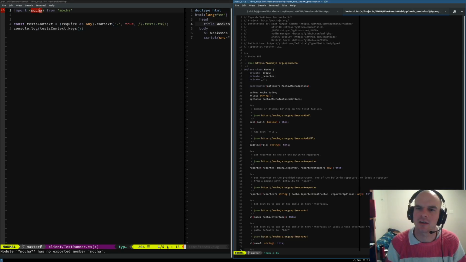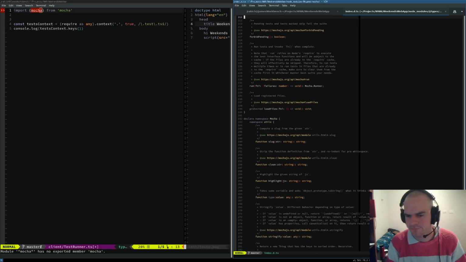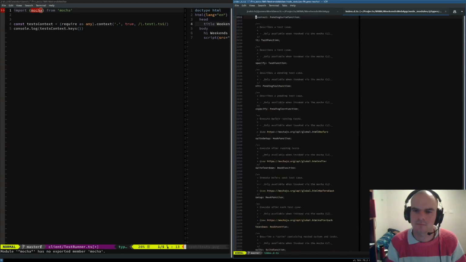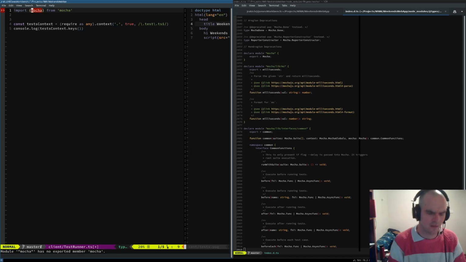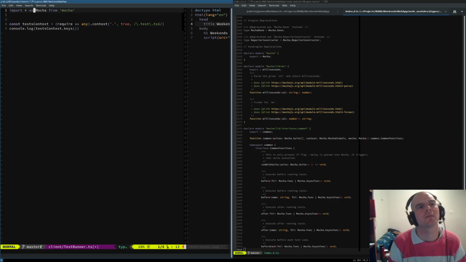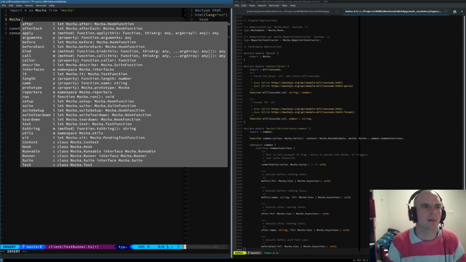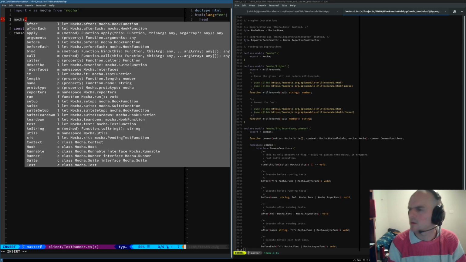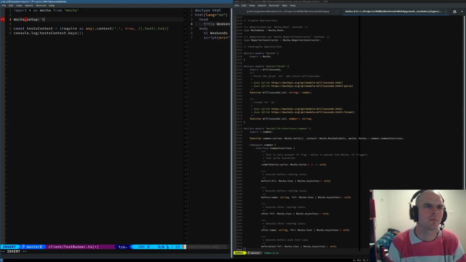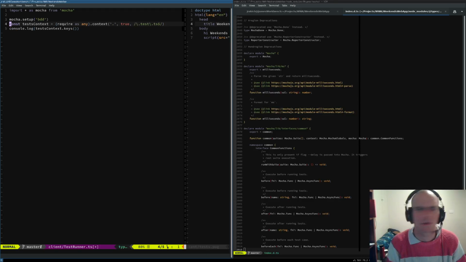That or I'm just not getting it. Mocha 5.2. All right. What about that? All right, we'll have to do star as. That'll do. Okay. Oh yeah, this will work. Okay. So we've got Mocha, and then we've got setup, BDD, behavior-driven development. We will then iterate over all of these and require them.